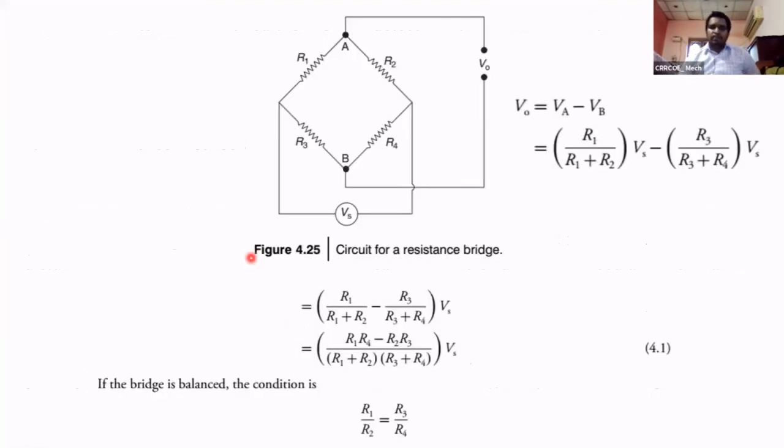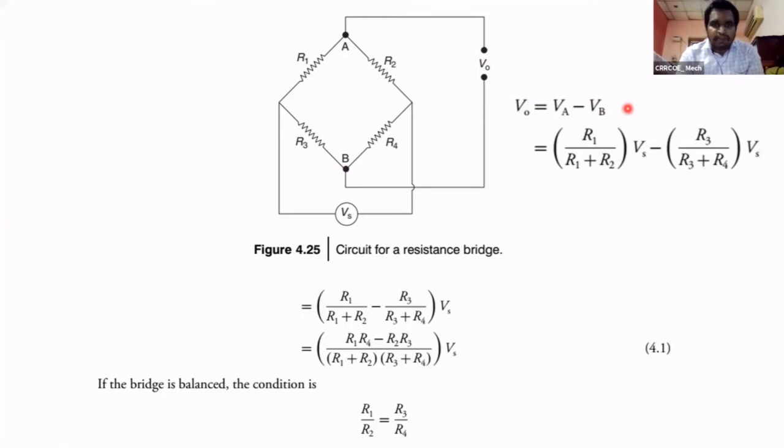Now we see the bridge circuit here. Here the bridge circuit has 4 elements: R1, R2, R3, R4. We are giving supply voltage to these 2 terminals, and we are taking the output from the A and B terminals. This is the output voltage we are taking from A and B. Initially V out is 0. V out is nothing but VA minus VB. VA minus VB is 0. If VA minus VB is 0, it means the circuit is in balanced condition.